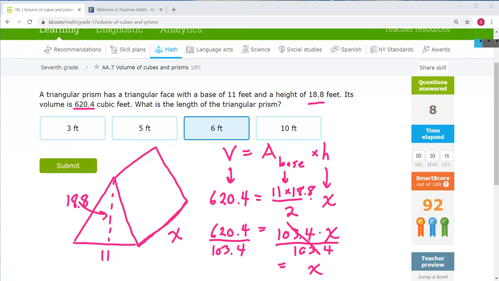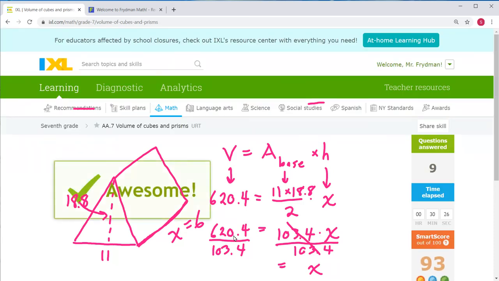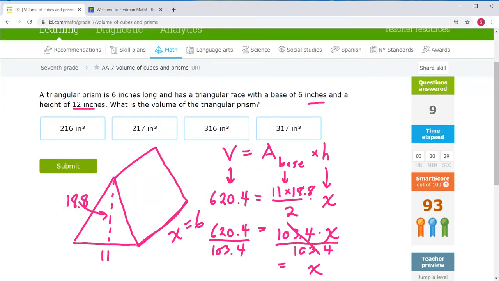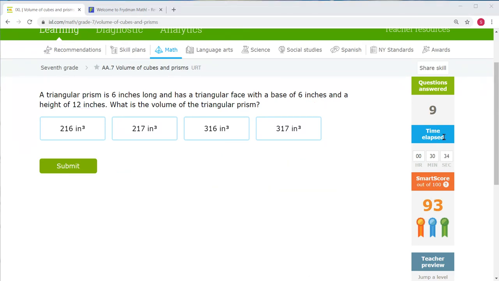Okay, good. So what does this 6 represent? That was the length, or if you want to call it the height, of the triangular prism. Okay? And that's that. Let's see over here. A triangular prism is 6 inches long and has a triangular face with a base of 6 inches and a height of 12 inches. What is the volume of the triangular prism? Okay, so the 6 long